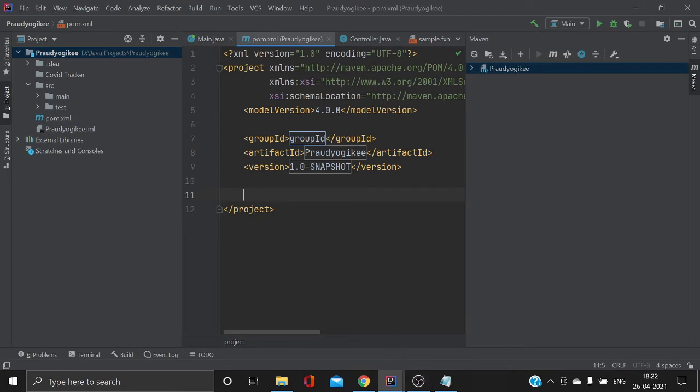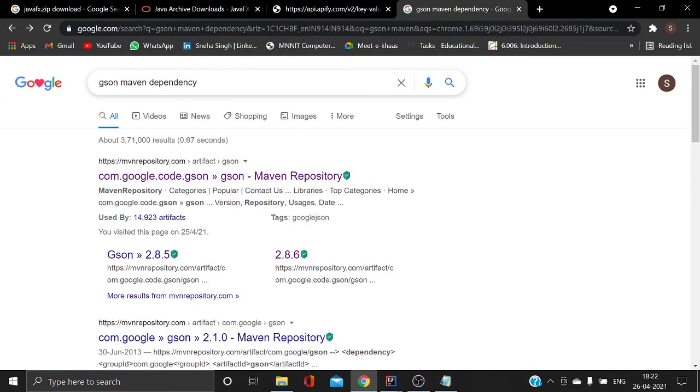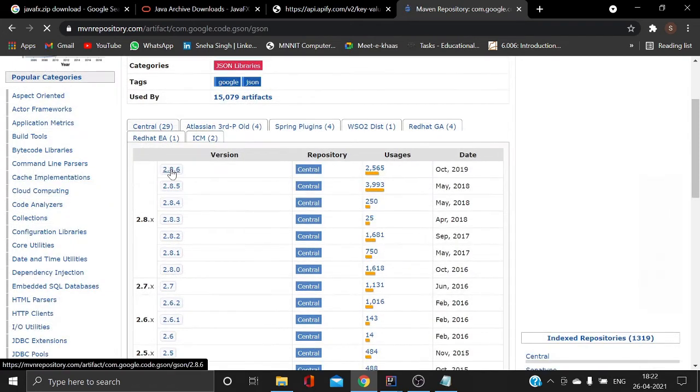After adding the framework support, you will get a pom.xml file. Here we need to add some dependencies. You can search JSON Maven dependency because we will use JSON to convert JSON into Java objects. Then click on the first link and click on the latest version.